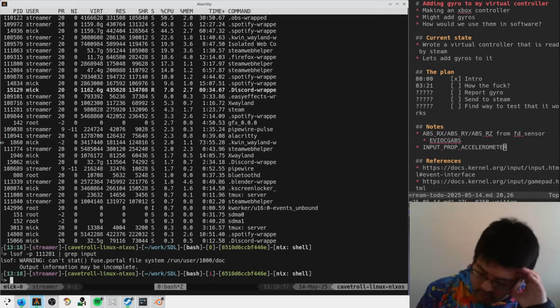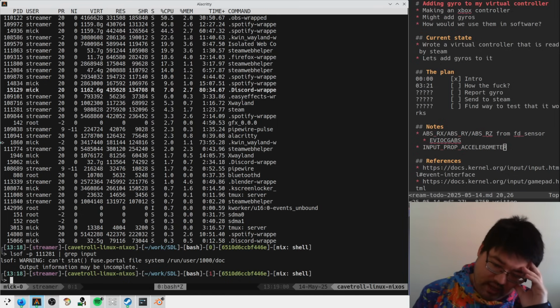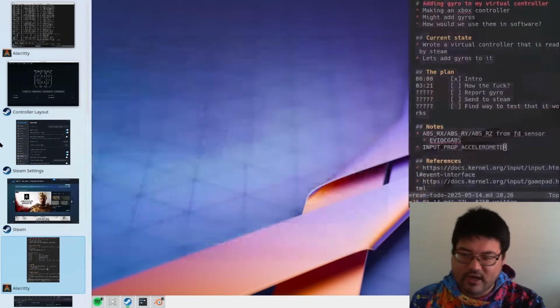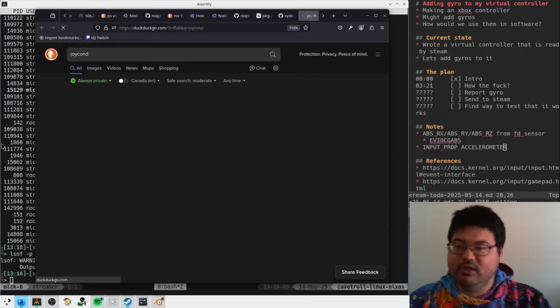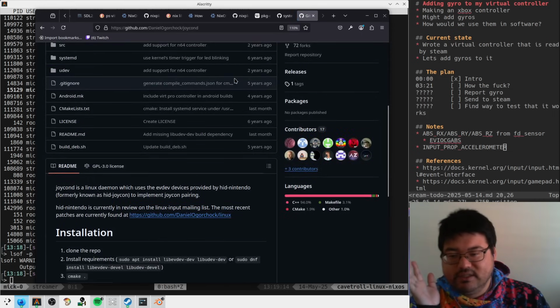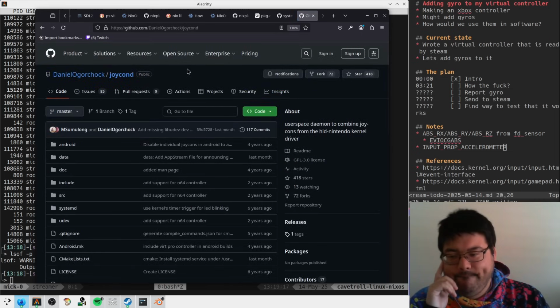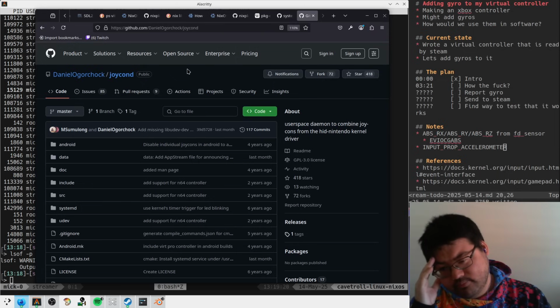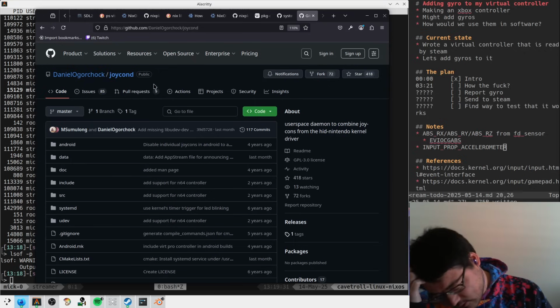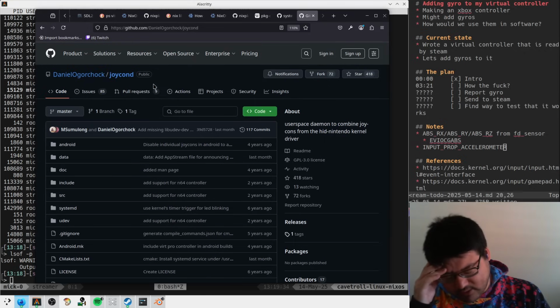Oh, maybe the Joy-Cons have their own special way of getting hooked into Steam. Because I know that there is this thing called Joy-Con D that I had running. So maybe Joy-Con D is doing something special. And maybe you talk to this thing by some magic way. That's annoying, and also maybe concerning for the way that we're supposed to hook this thing up. So I'm wondering if the buttons for the Joy-Cons are coming over a different event handle than the button